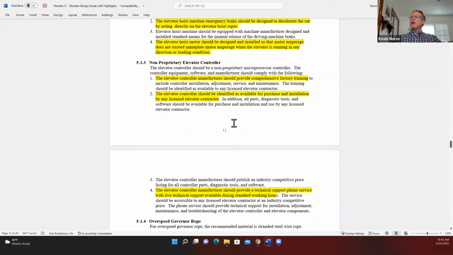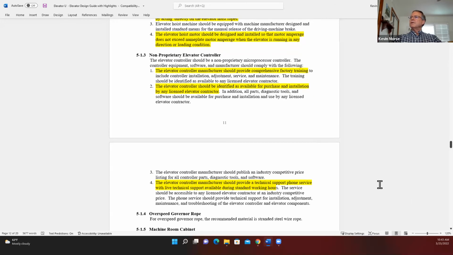Okay, non-proprietary elevator controller. Elevator manufacturers should provide comprehensive factory training to include installation, adjustment, service, and maintenance, and have that training available to any licensed elevator contractor. The elevator controller should be identified as available for purchase and installation by any licensed elevator contractor. The elevator controller manufacturer should provide a technical support phone service with live technical support available during standard working